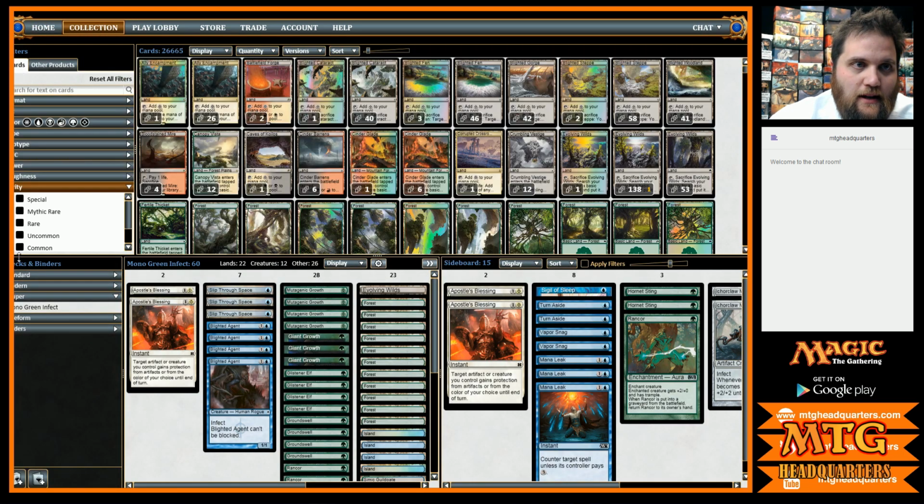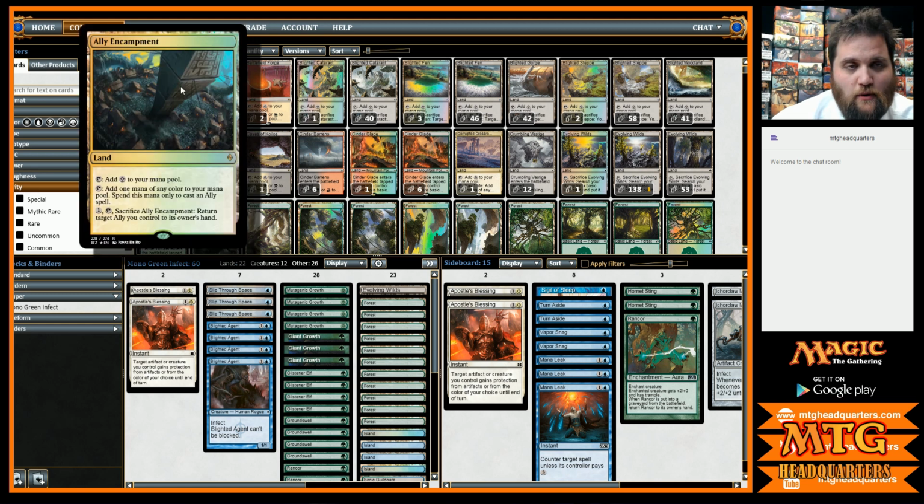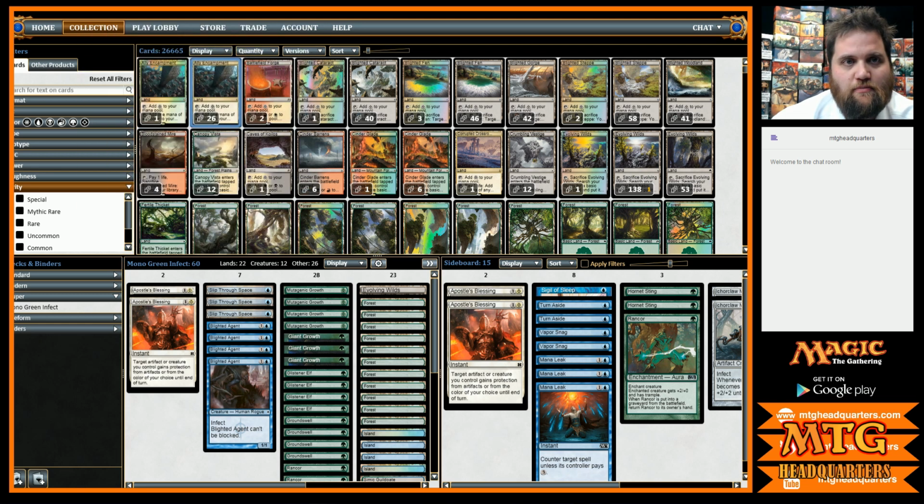So here, we can view all of our cards and sort them in a variety of ways. I have mine showing each individual version, so I have both foil and non-foil as separate cards showing. But you can also view all of your filters down the left-hand side here. So let's say I wanted to only look at my mythic rares.